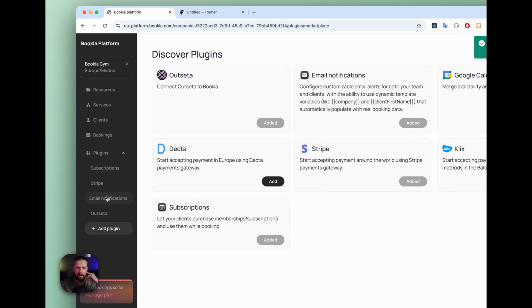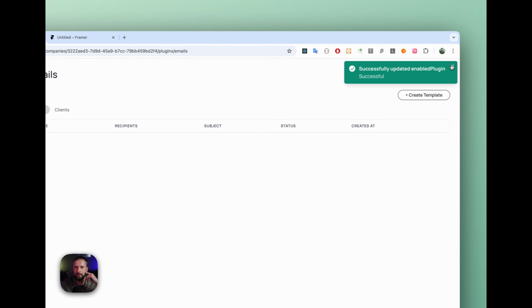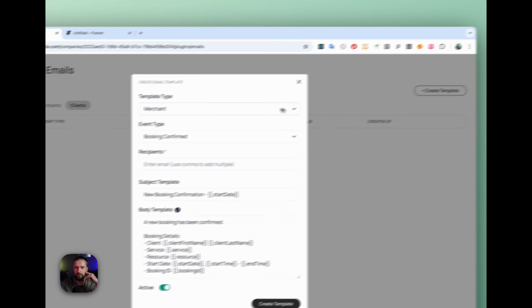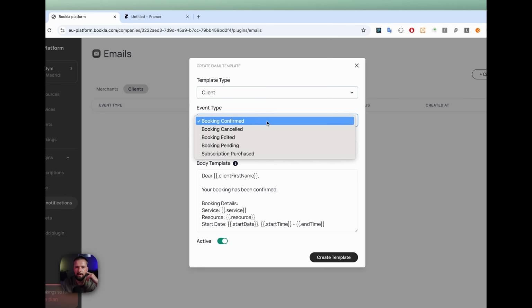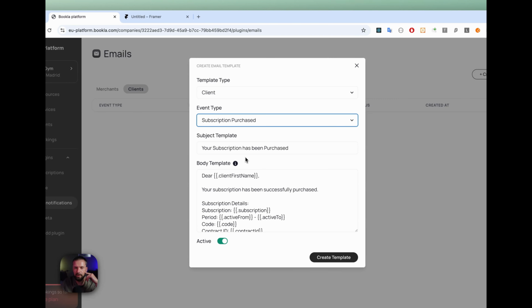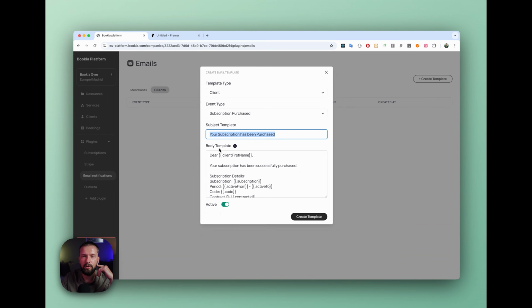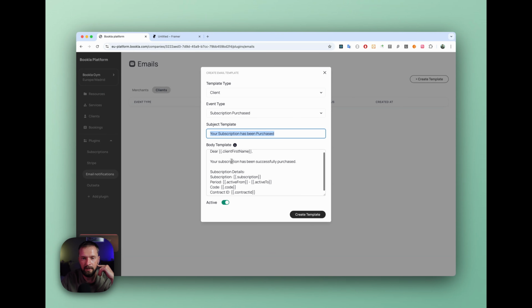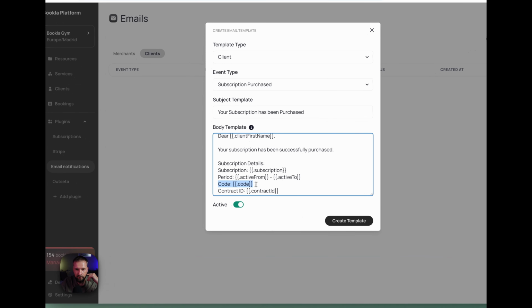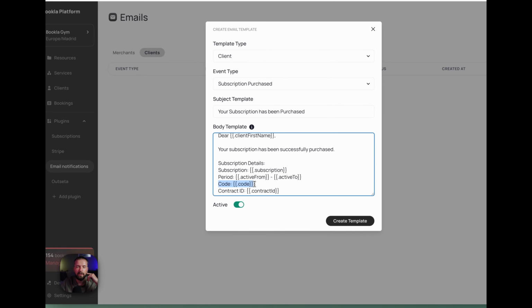Let's go to the email notifications, and here for the client you can just create a template, and for event type, just select subscription purchased, and then you can edit the subject of the email and also the body template of the email. So right here the code is inserted into the email,